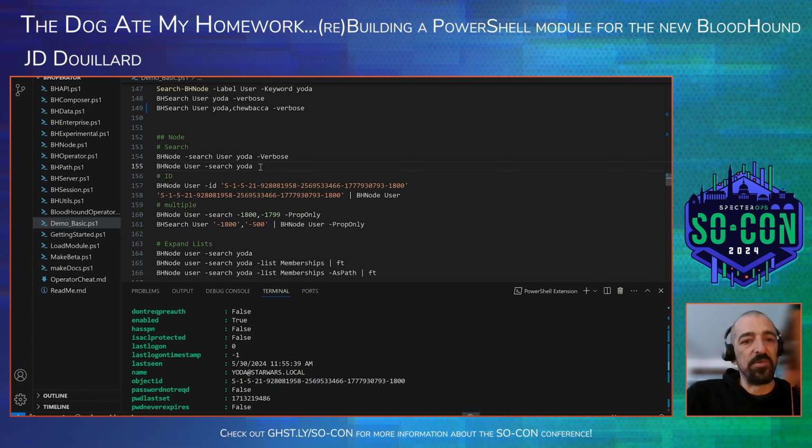So if I wanted to put some users in the tier 0 group, for example, in a programmatic way, I could say that tier 0 is the node group where the name is admin tier 0. So now tier 0 holds this group here. And then I can say BH node group tier 0 ID member to get the list of members of that group. And if you wanted, for example, you could, I don't know, let's do